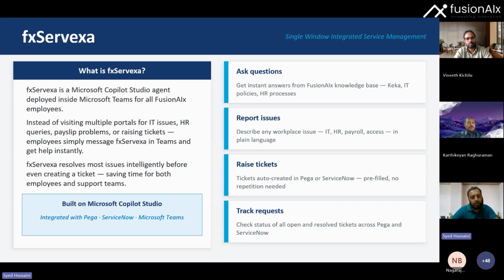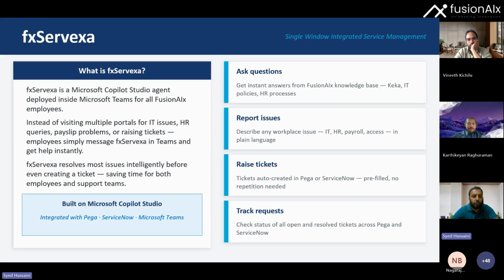The idea behind it is simple. Today, if an employee has a question or wants to report some issue, they have to find the correct portal to get the information. They have to navigate through menus and different forms. If they are unable to find the solution, they usually raise the request in the different backend systems.